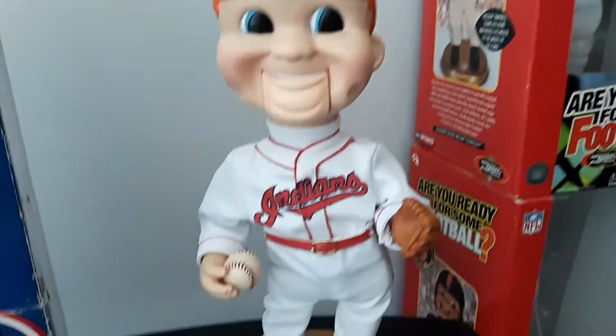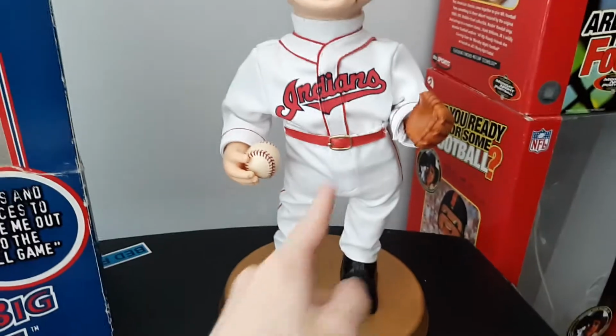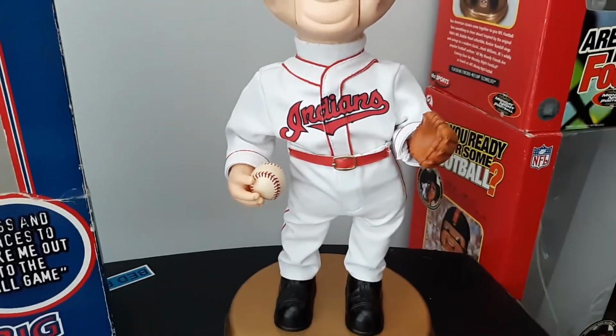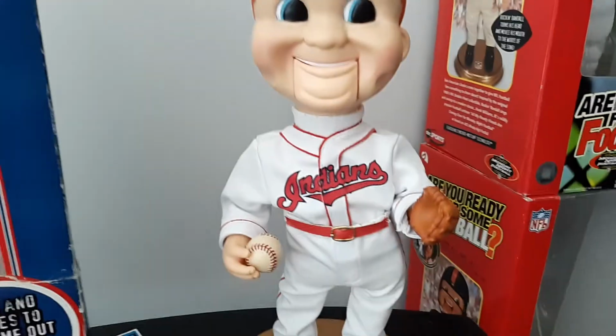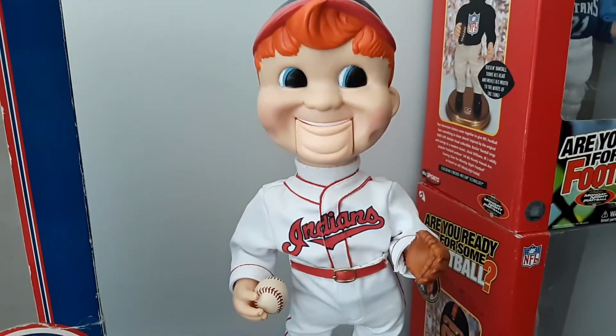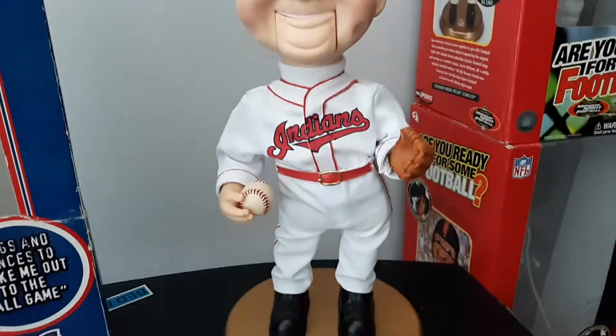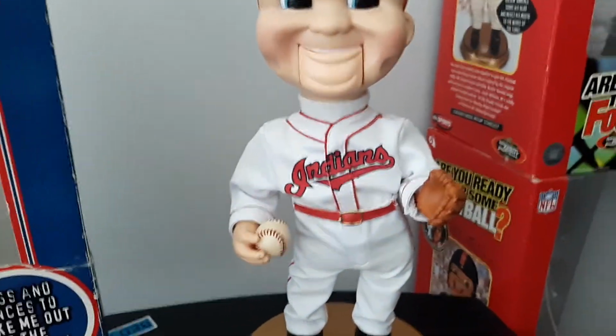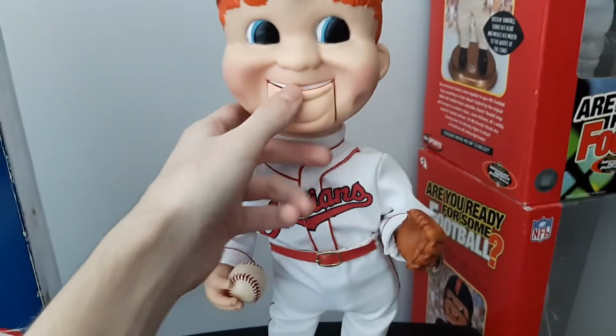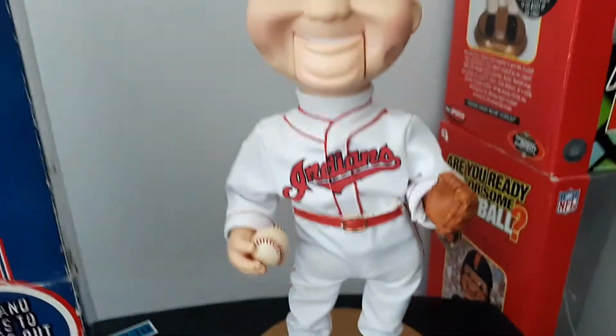The problems that he had were, well, for starters, the only thing that really didn't work was the mouth. But the pants on the back were caught in the spinning knob, so I had to untuck it and pull it free. But that was pretty much all I had to do at that time. But then when it came time to actually fix the mouth, instead of just wrapping a string around it and then putting a motor right here and just having it pull the mouth down,